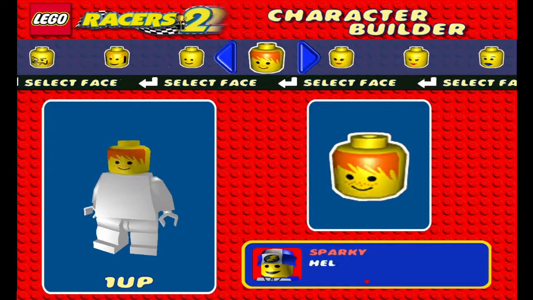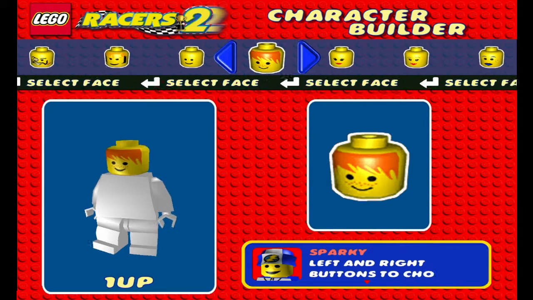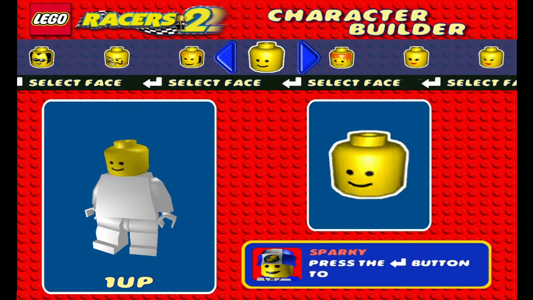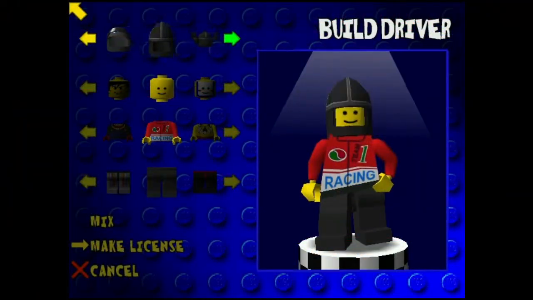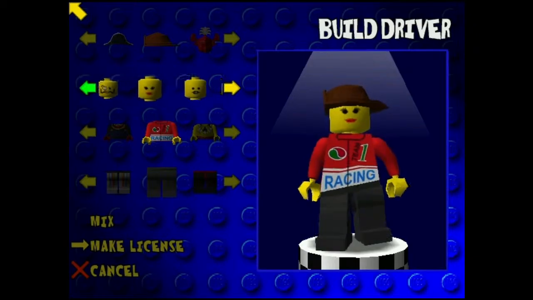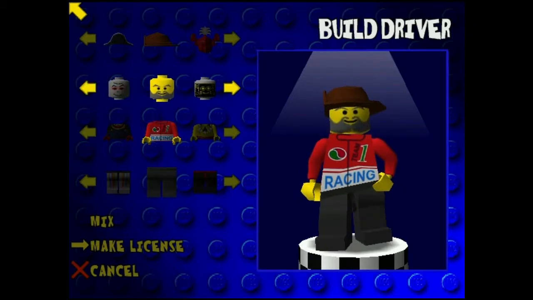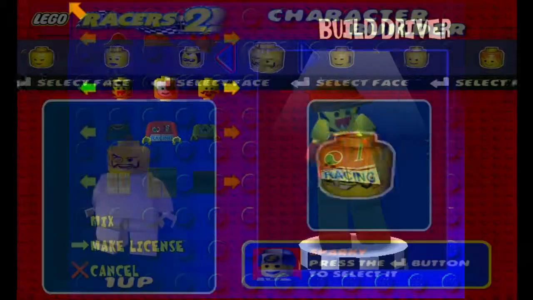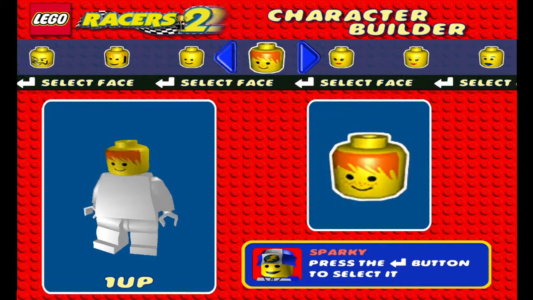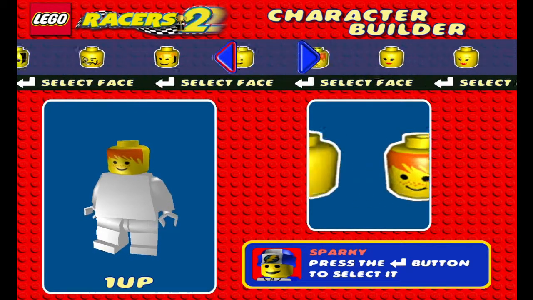Yeah, that'll do. And let's build our minifigure. You'll notice straight away that the textures are actually much lower res than the ones in LEGO Racers 1. I'll show you a bit of a clip here of the minifigures from that. And the modelling on the hands is actually lower, a lot fewer polygons as well. So great start already. There's also not as much choice, and some of the heads aren't actually real LEGO heads